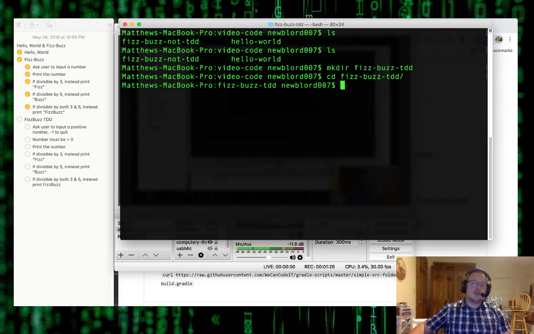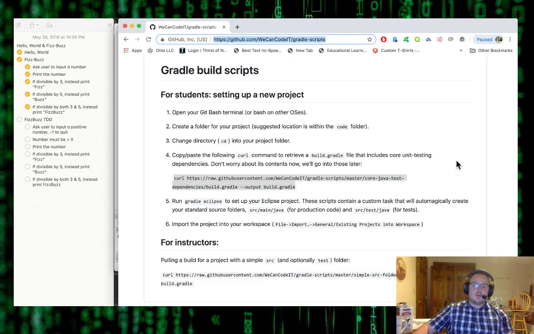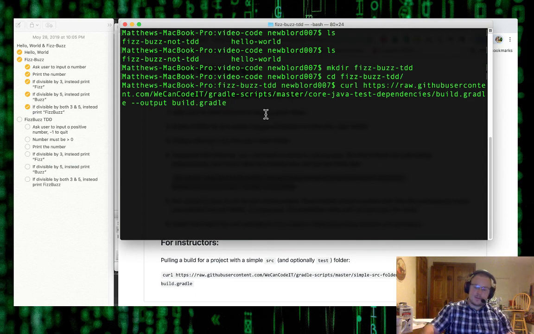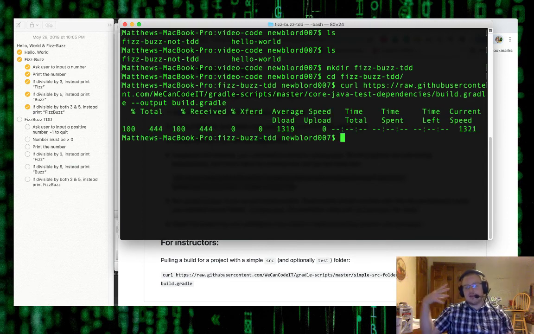And now what we are going to do is use a program called Gradle. And we are going to run a curl script in order to retrieve a build.gradle file that includes core unit testing dependencies. So I will put the curl command into the description of this video. And if you have Gradle installed, which you should at this point, and if you don't, then you can go to the Gradle website and they'll tell you how to do it. You can run this particular curl script and it will generate for you everything that you need to do test-driven